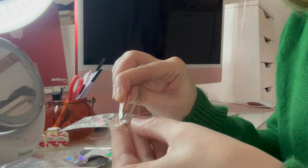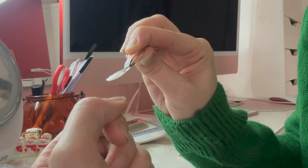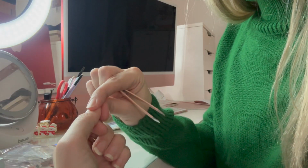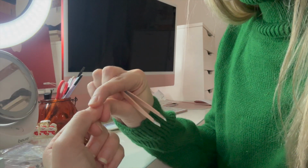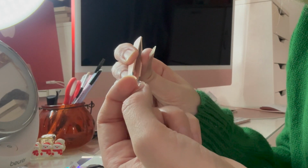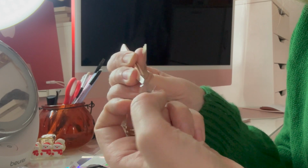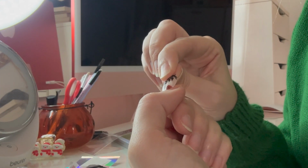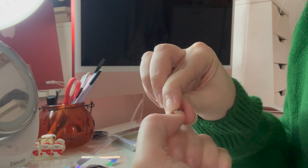Oops. That, pressing on the adhesive tab, pressing it. After you press it on, you're going to get your tweezers, rip off the adhesive tab, and then you're going to grab your nail, and I'm going to literally squash it